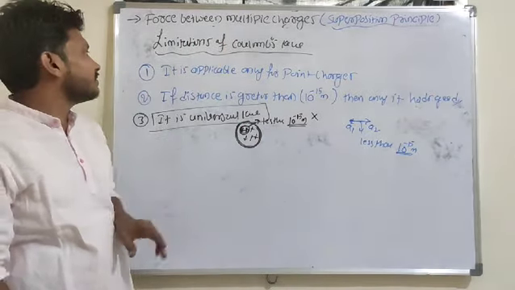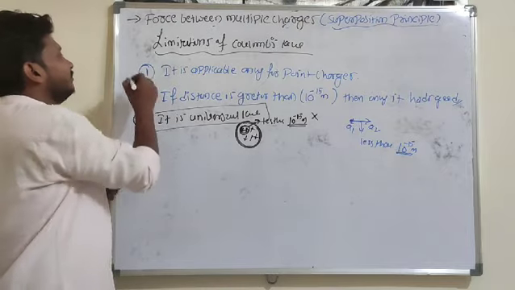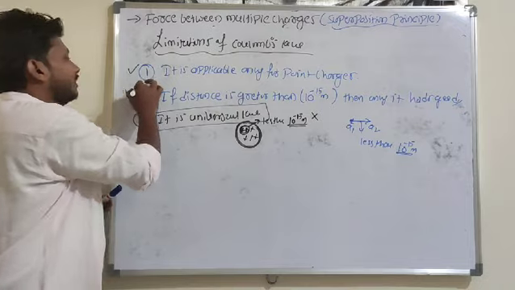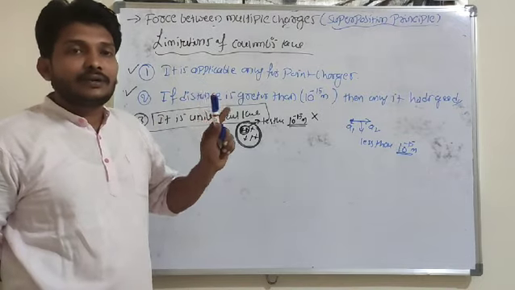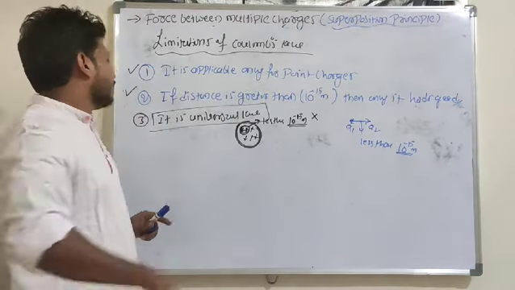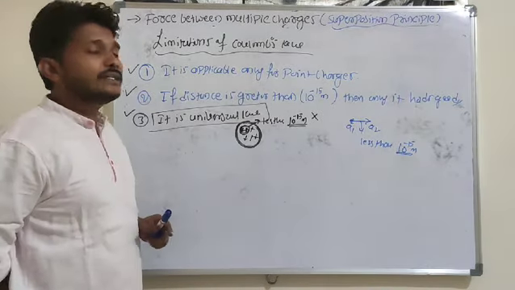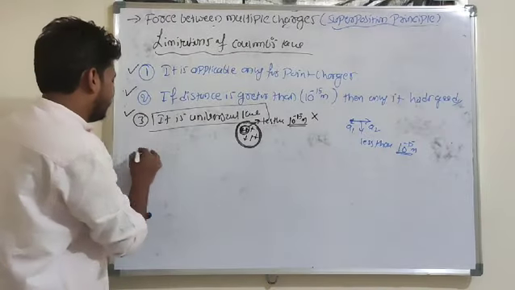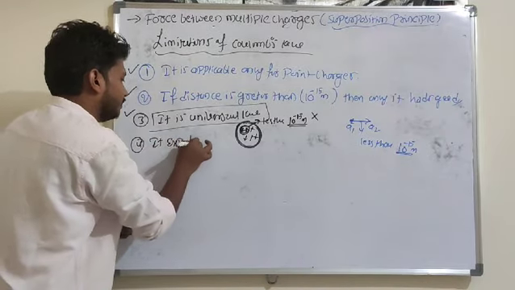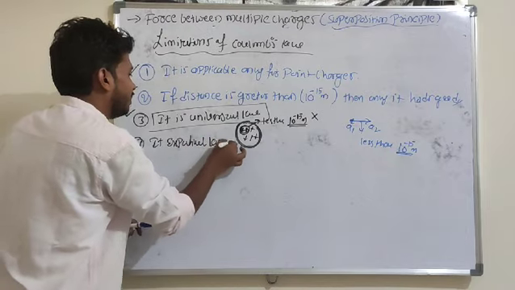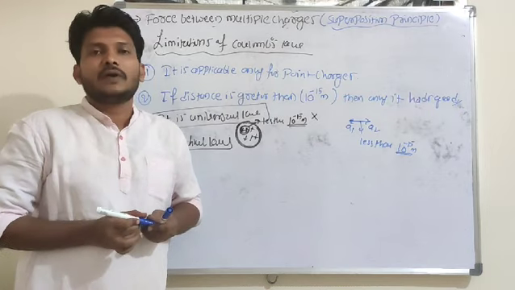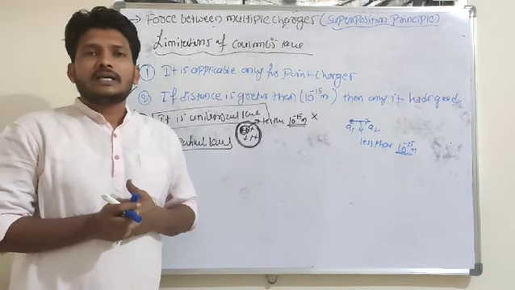What are the limitations of Coulomb's law here? First thing is, it is applicable only for point charges here. Second thing, if the distance is greater than 10 to the power of minus 15 meter, then only Coulomb's law holds good. And third point, it is not a universal law. And fourth one is, it is an experimental law. So these are all the limitations of Coulomb's law. Hope you understand today's class. In the next class, we will discuss